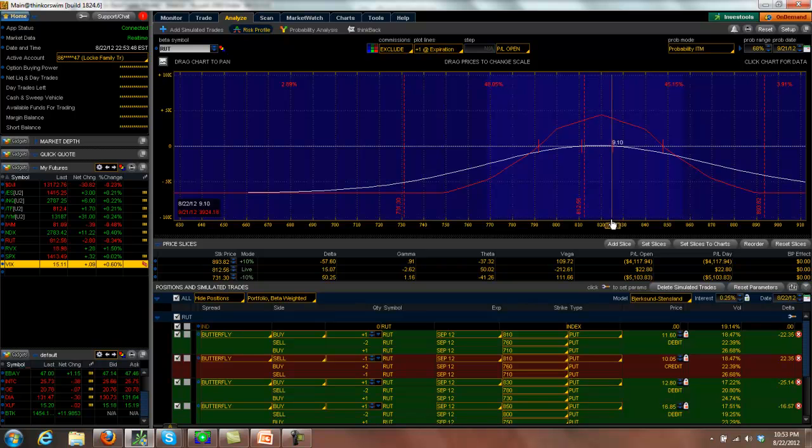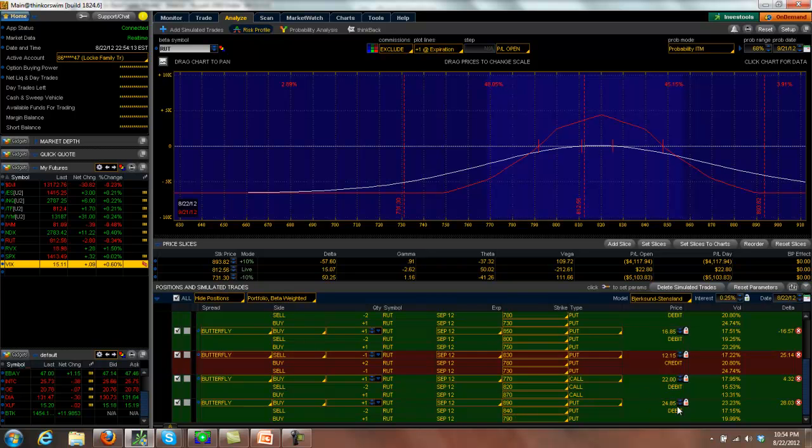And Tuesday morning when we shot way up to like 829, 830, I knew I wasn't going to be around in the afternoon, and I figured the market would probably be above 820 on the close. So I went ahead and I just added this